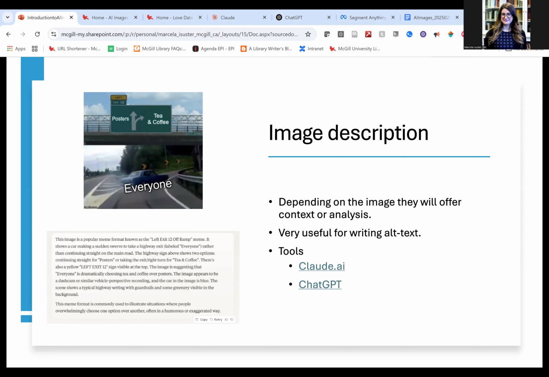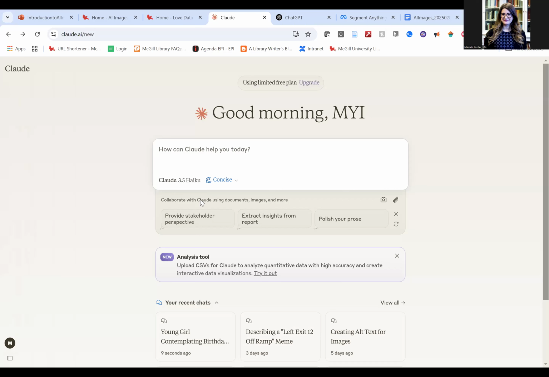So you have Claude.ai and ChatGPT. I'm going to show you Claude just because ChatGPT you may be more familiar with. Like many of these tools, there's a free version and a paid version. We're going to look at the free one. So I'm just going to open Claude, which I have open already here. And basically what you do with Claude is